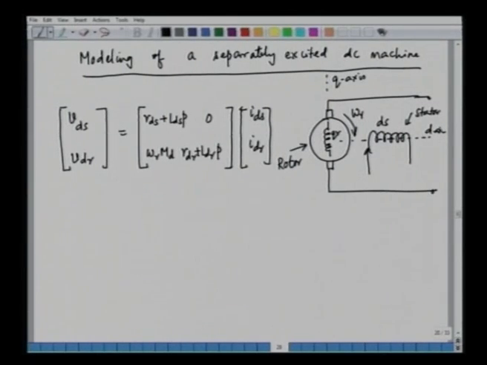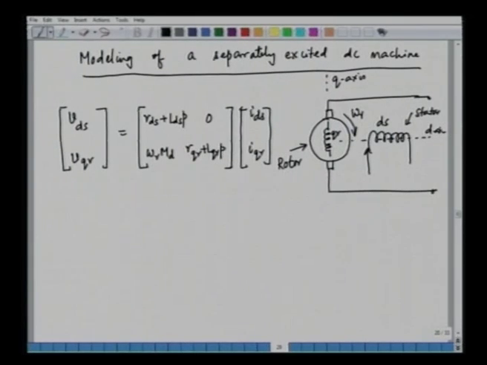Okay, there is a small change here. This is the Q axis. So, we have in this case VQR, and this is IQR, and this is RQR plus LQRP. So, this is the resistive drop, the statically induced EMF and the rotationally induced EMF in the q axis